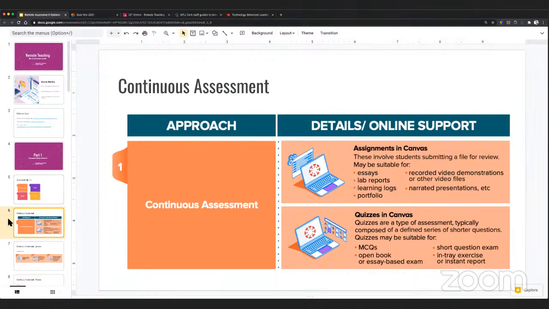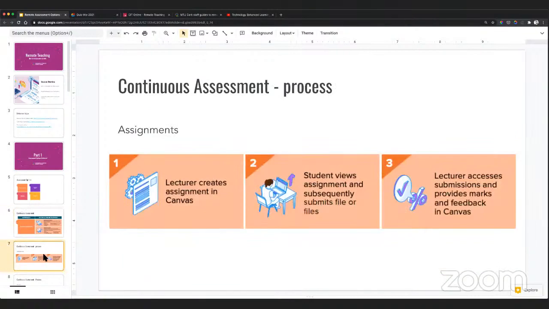activities. In terms of the steps for continuous assessments or assignments, you would typically look at just creating something in Canvas, student views it and subsequently submits into that, and then the lecturer assesses it. And if you're not familiar with the gradebook in Canvas, that's the area that you would go into and that you would review and mark the student material. And I'll come back to the gradebook in a minute, just in terms of a few tricks for that as